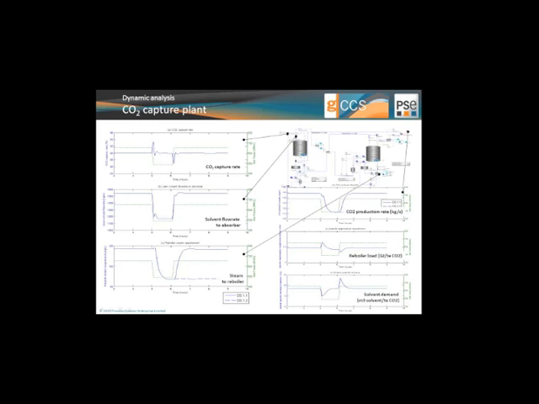I think at this point it's worth mentioning that we didn't make any effort to optimize these control loops. So we made sure that they were stable and they would be able to bring the power plant and the whole system back to steady state, but these are not optimized. Now, what we can observe, and most importantly, is that the steam requirement to the reboiler here has a substantial, what would you call, a delay in following the original disturbance.